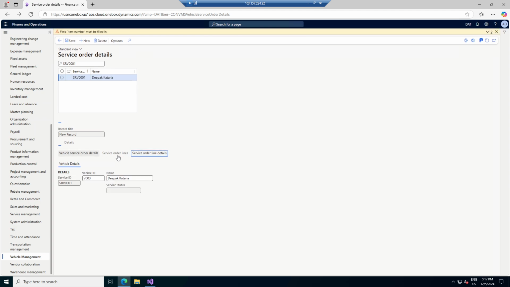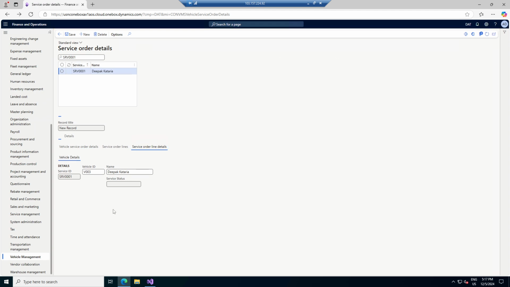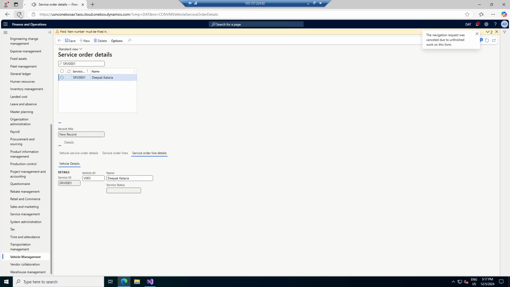Service order line details. Against the service order you have line details as well. So against the service order line details, these are the fields which you have prepared. Accordingly, if you follow all the steps, you will be able to create till here. Okay, then there is the workspace. It is asking for the item number. I will refresh the whole form